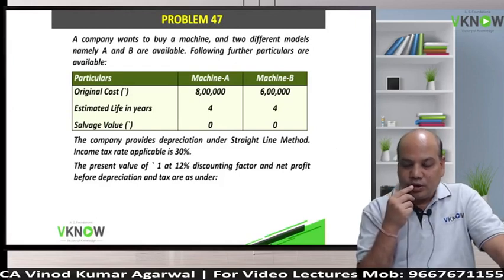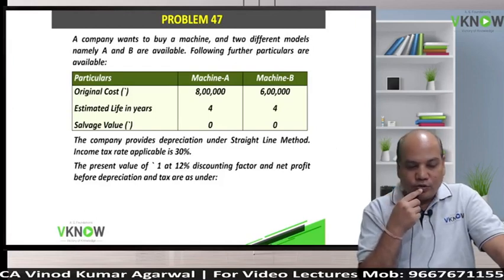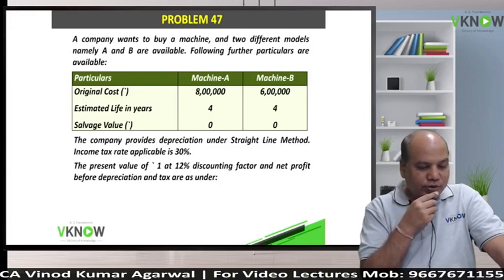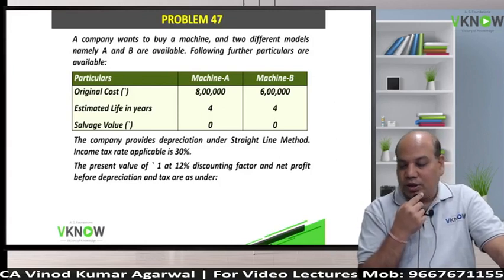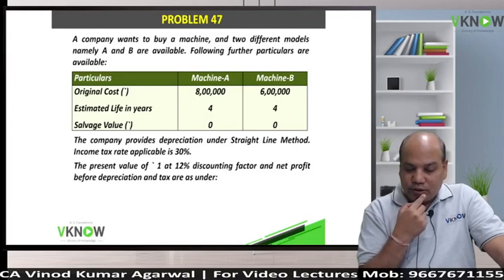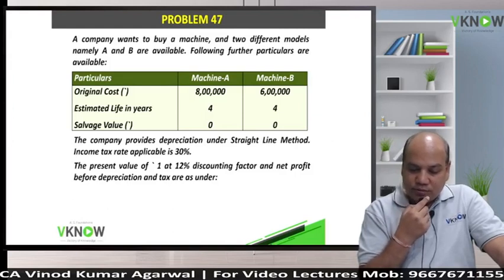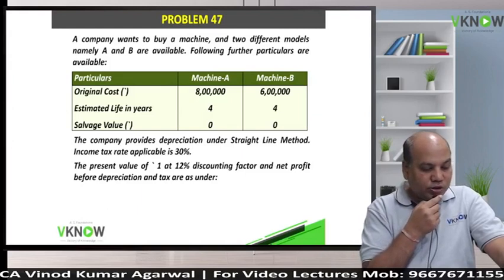So you can directly compare the NPV. Salvage value, one more good news, 0. They should not have given only. The company provides depreciation under straight line method. Tax rate is 30%. Present value of rupee 1 at 12% discounting factor